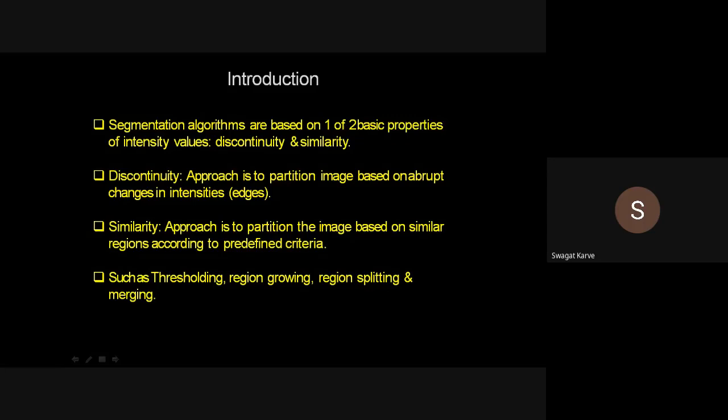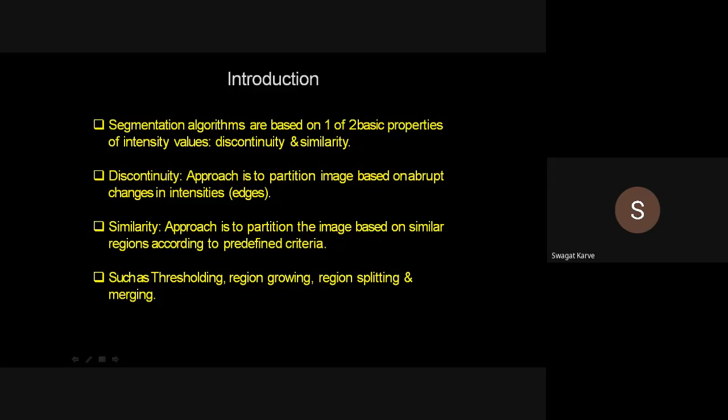And whenever you find similar intensity levels, whatever values you have predefined or considered beforehand, until and unless you find similar intensity values, that is the similarity property. And whenever you find some abrupt change in intensities, that is the discontinuity property, right? So with the help of the discontinuity and similarity properties of the intensity values, we are going to perform different image segmentation operations on the image.